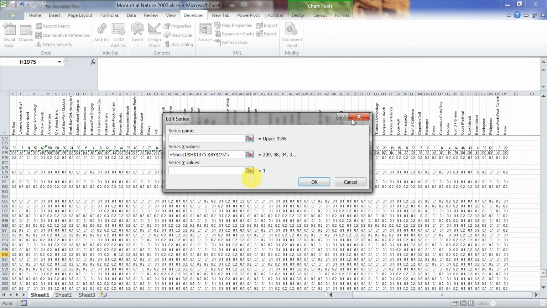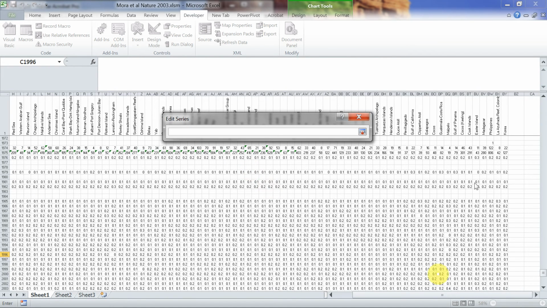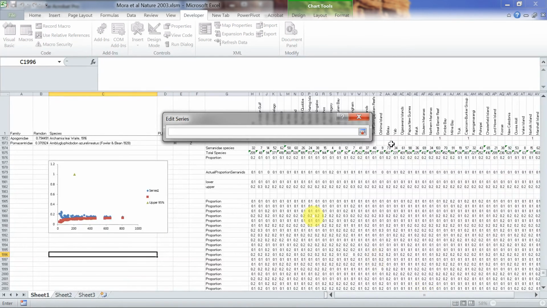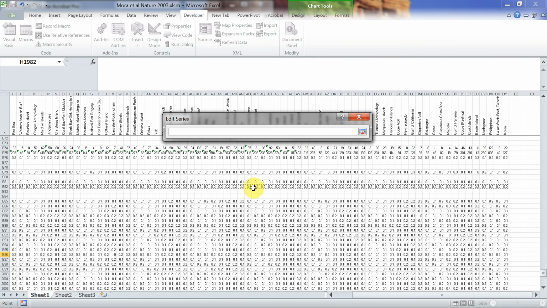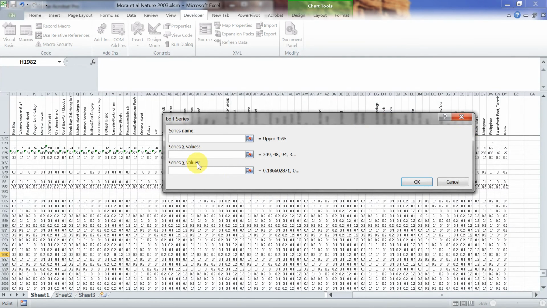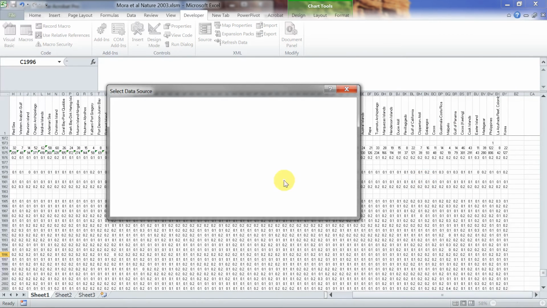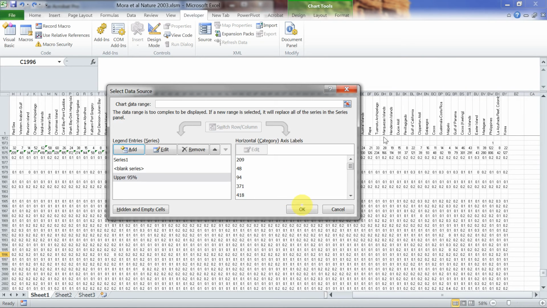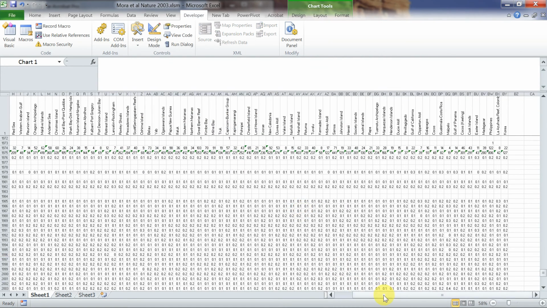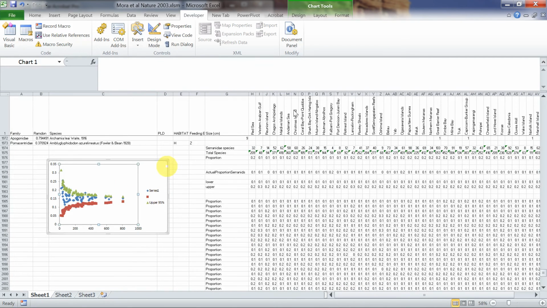Now let's select the data for the y-axis. You click in here, go back there, and now we want to select the upper percentile. So you select the first cell where the data is located, then you push Shift Control arrow to the right. That will select all of the data that you want to display in the y-axis. So click OK. You click OK, and now if we look at our figure there,